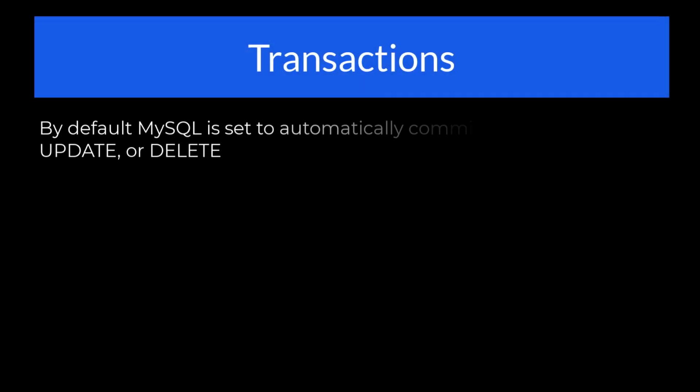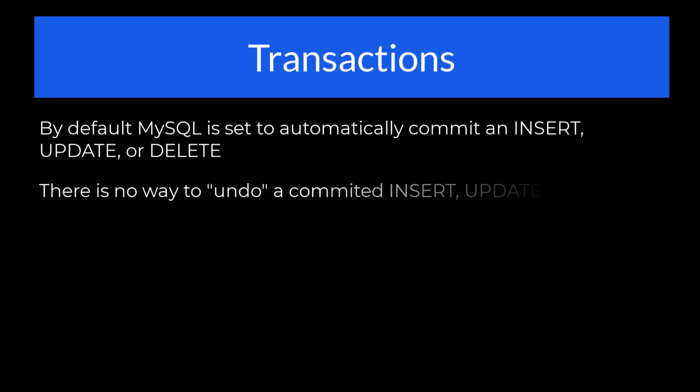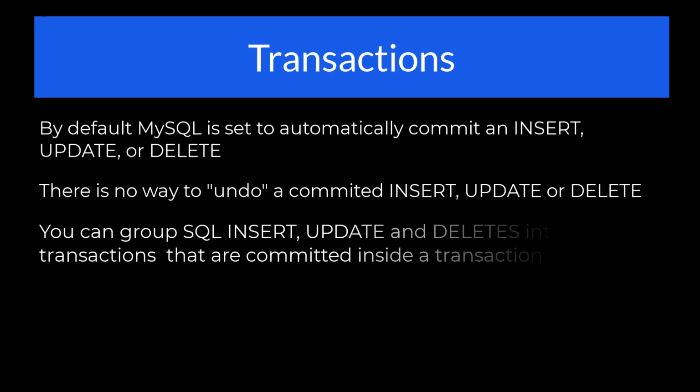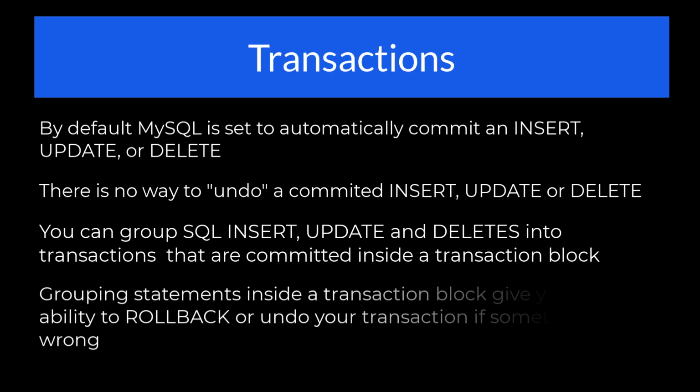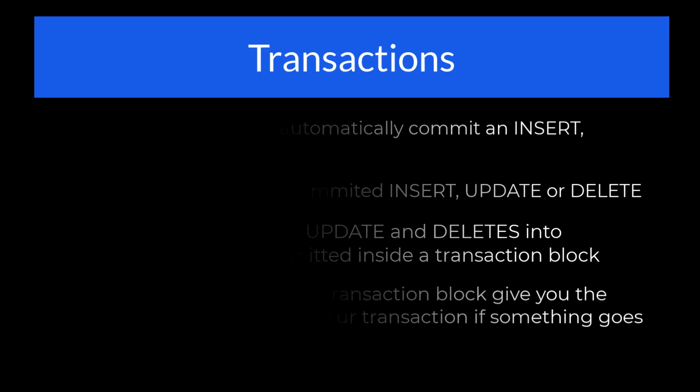In this video, we are going to discuss transactions. By default, SQL automatically commits insert, update, and delete commands. There is no way to undo a committed insert, update, or delete. However, you can group insert, update, and delete commands together to control when the transactions are committed. Grouping statements inside a transaction block gives you the ability to roll back or undo your transaction if something goes